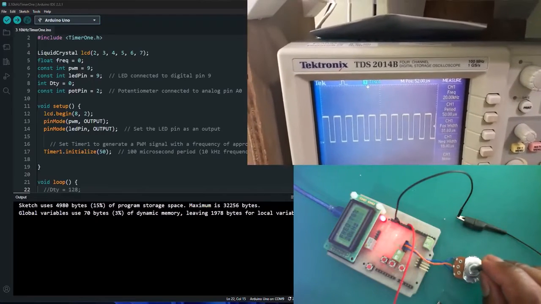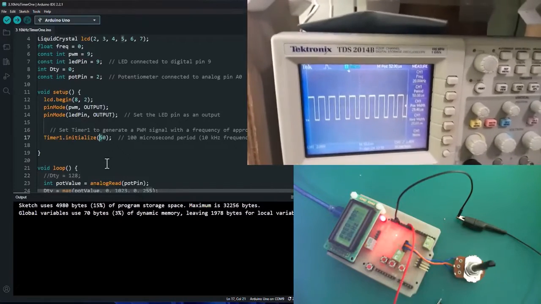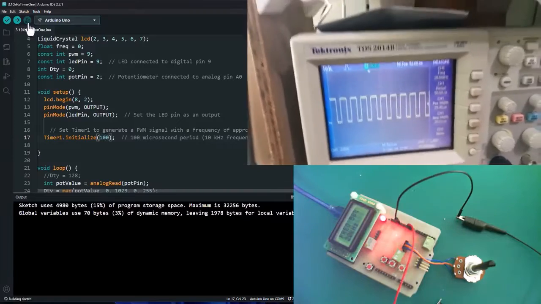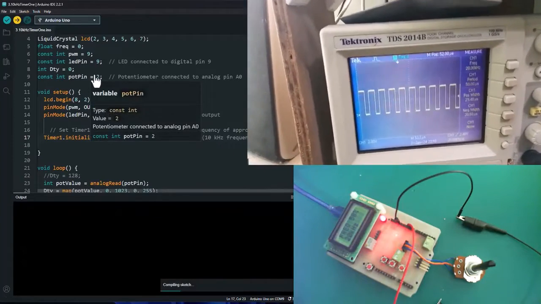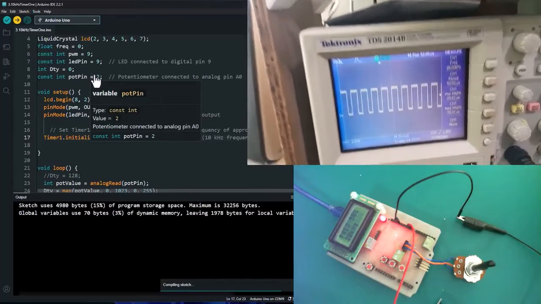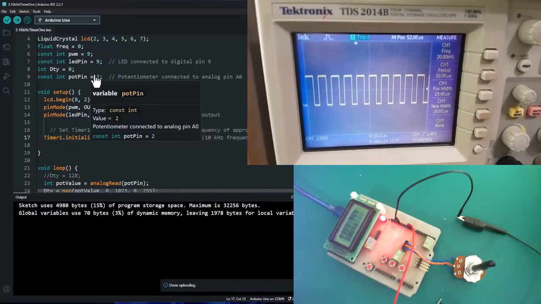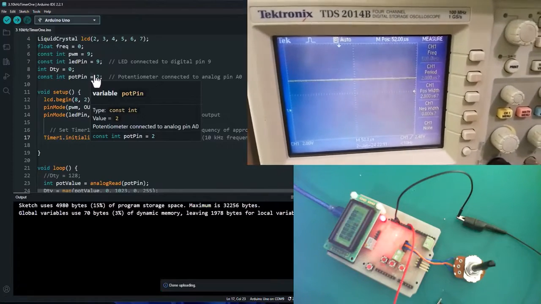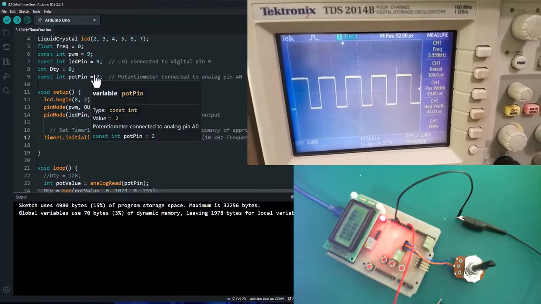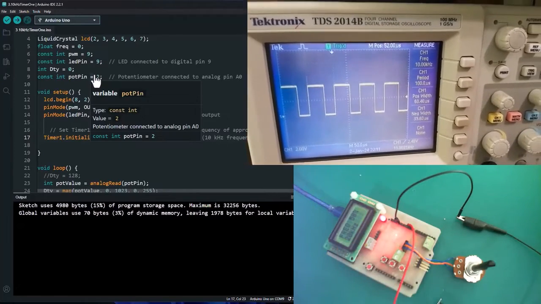Well, we've got a 60% duty cycle here. Right, so basically this is how the timer 1 method works. If we change here to 100 microseconds and reload this into our Arduino board, we should see a reduction in the frequency to 10 kilohertz. As you can see there, the frequency changed to 10 kilohertz, and the duty cycle is standing at 58%